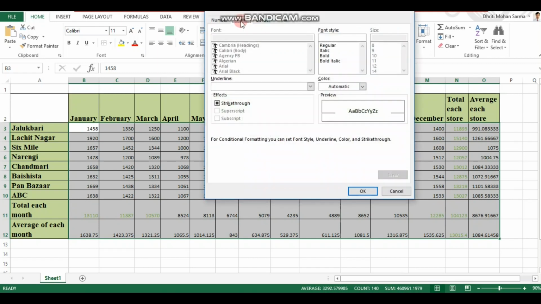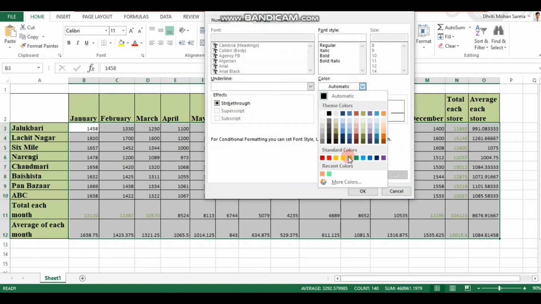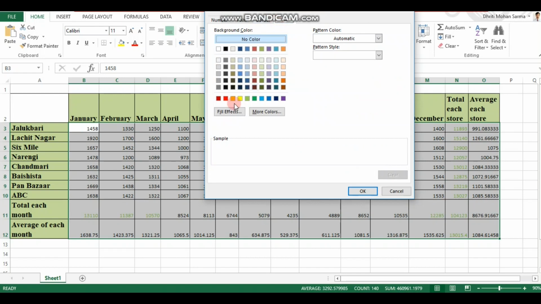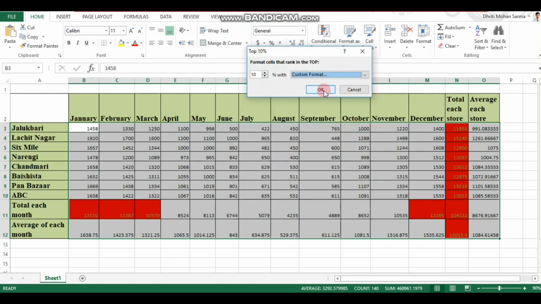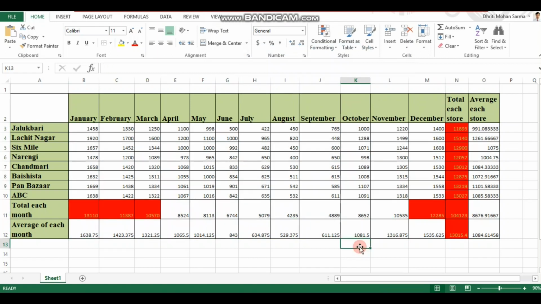The font is light green and the fill is red. Now when I'm selecting the 10% of it, how many cells are marked? Here it is, 1 2 3 4 5 6 7 8 9 10 11, 12, 13 and 14.